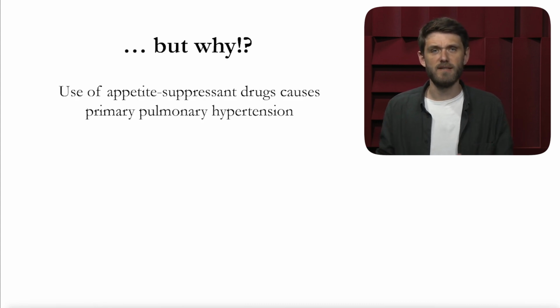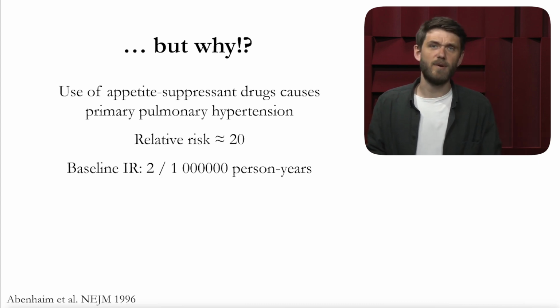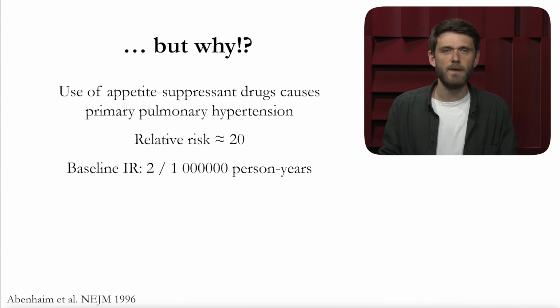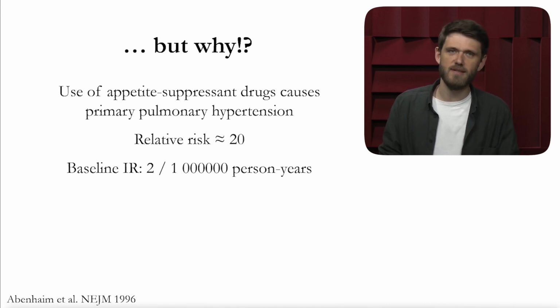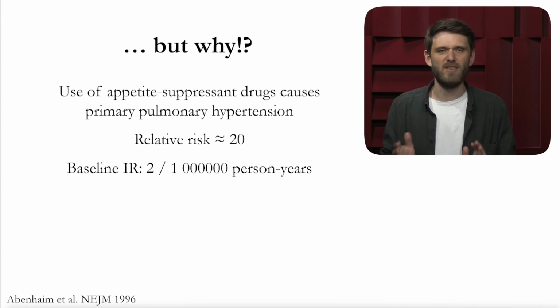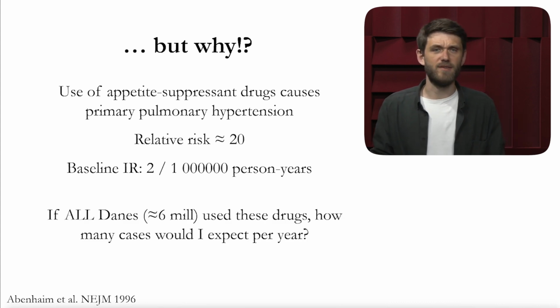There is by now an established association between appetite suppressant drugs and primary pulmonary hypertension. There is a very strong association. In fact, it's about a 20-fold increased risk. But the baseline risk of this very rare disease is, of course, very low, in the order of 2 per 1 million person years. And just to illustrate how rare this is, if you considered all Danes using these drugs,